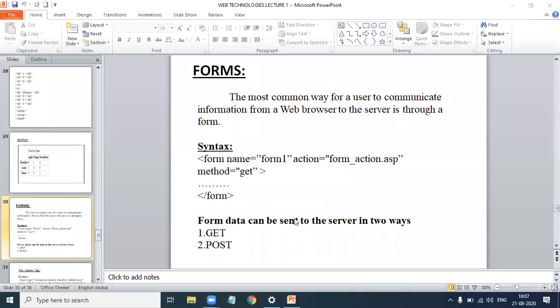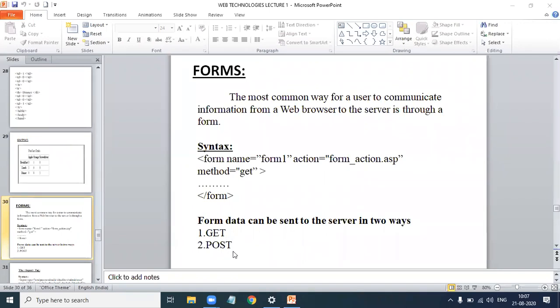So what is the difference between the get method and the post method? The get method is not appropriate for forms with personal or financial information because it sends data as a part of the URL. When the method attribute is set to post, the browser sends a separate server request containing some special headers followed by the data, so that only the server sees the content of this request. That is the difference between the get method and the post method.